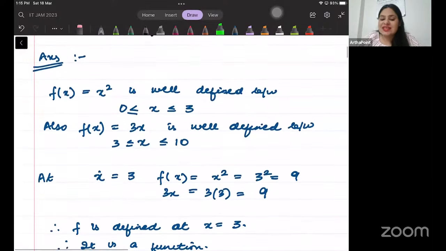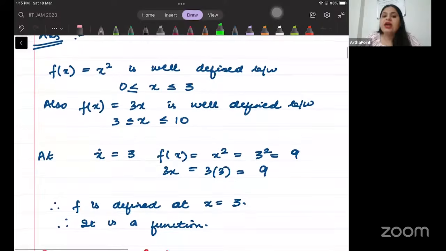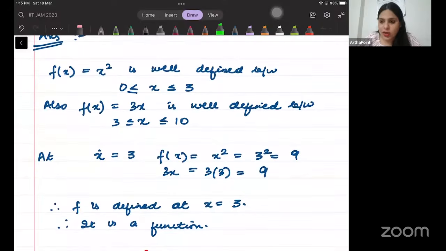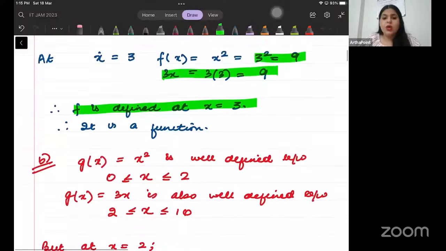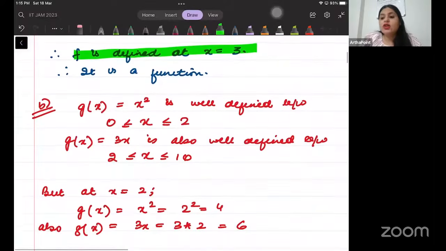So this is exactly what I have gone ahead and done here. I have tried to find the value of x equal to 3 in the first case. It gave me the same value, so it is a function. And in the second case, when I go ahead and I look for g(x), I find that no, this is